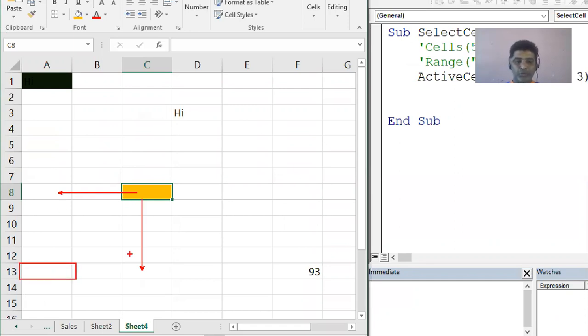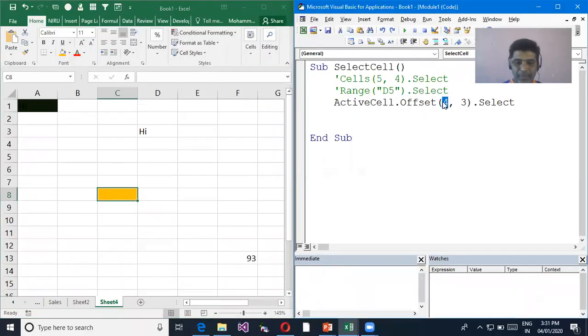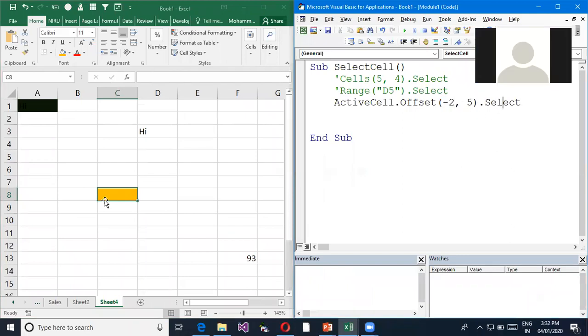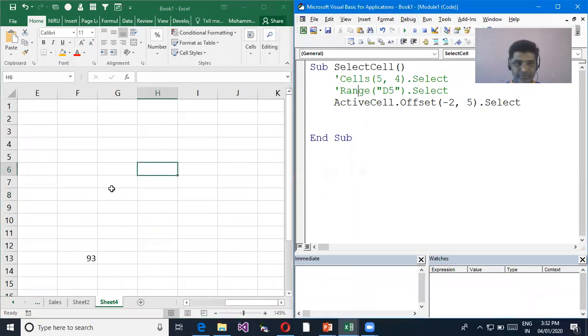That is -2 rows, and the columns is 1, 2, 3, 4, 5. So I'll just say -2 and 5. Now my cursor is on this yellow one. Now if I run this,